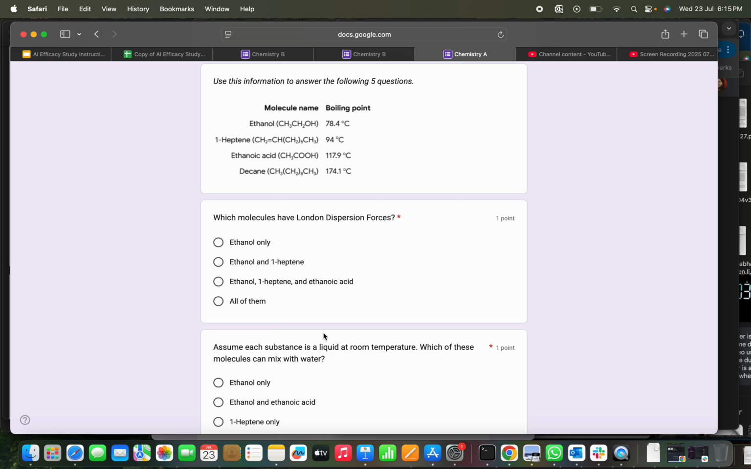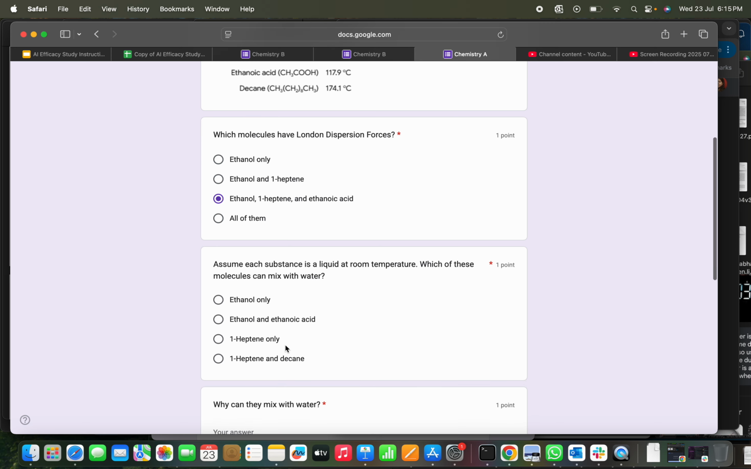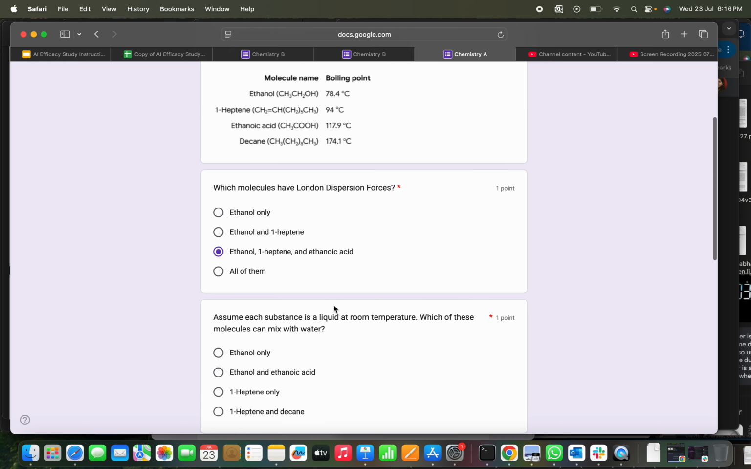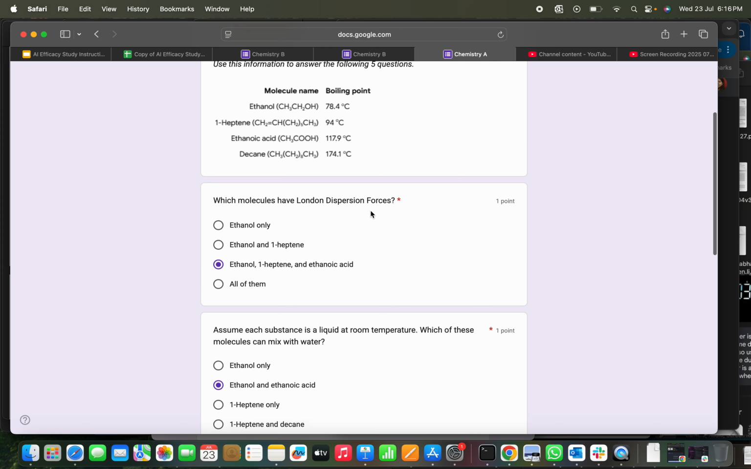Which molecules have London dispersion? So there are polar molecules which have that. Ethanol has it. Ethanoic has it. And heptene has it. No, it won't have. Decane won't have it. Ethanoic has the COH bond. So I think both of them, because I feel like OH is ethanol, and COH is more like